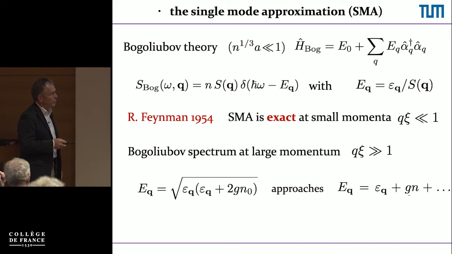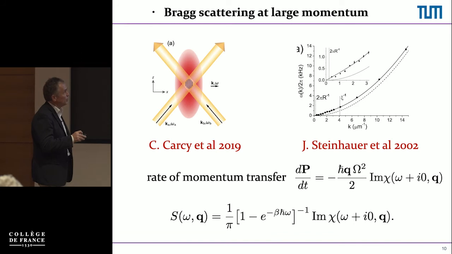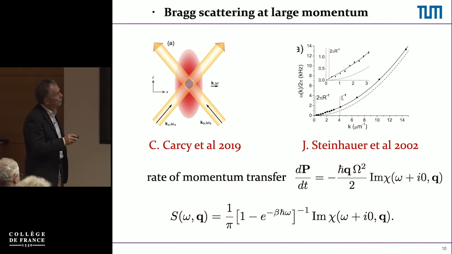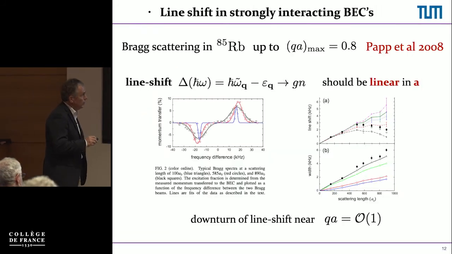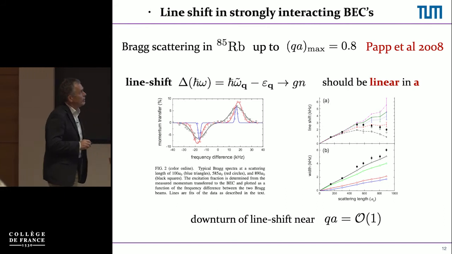The 2 goes away with the square root, and then it's g times m. So this is precisely this shift here. Now, already in 2008,